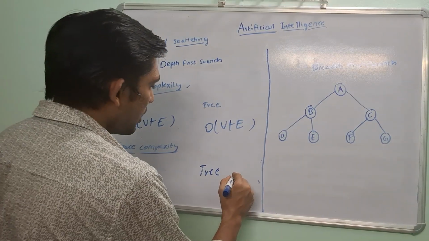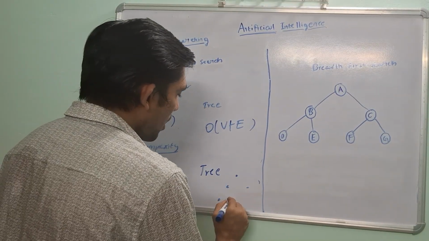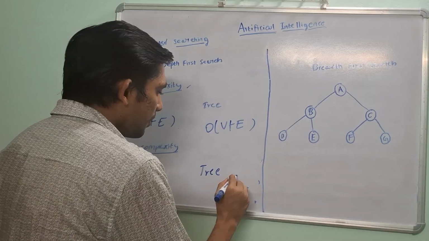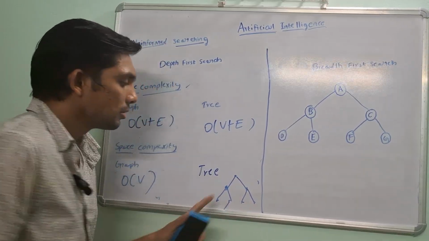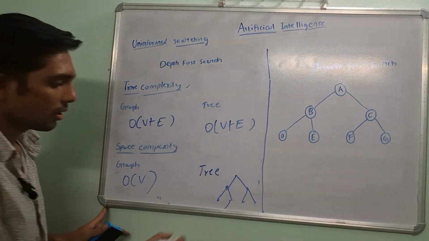Similarly, in case of a tree, let us assume a small tree. As we remember, the depth first search algorithm searches into the depth of the tree. Let us assume the goal state is